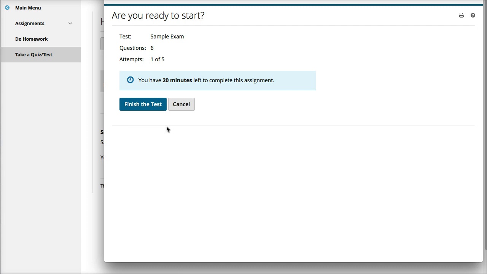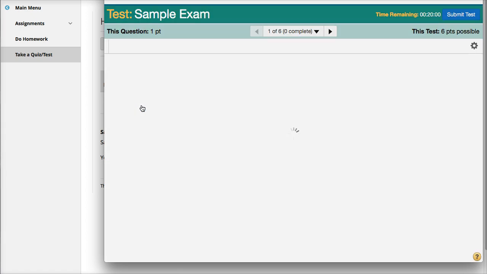When you click on the sample exam, for example, I already had it open and then I closed it. If you have a situation where you have the exam open, you're working on it, then it closes, you can go back in. You'll have this button here that says finish the test. This does not mean submit what you've done and get a low score. It means go right back in and continue working on the exam.